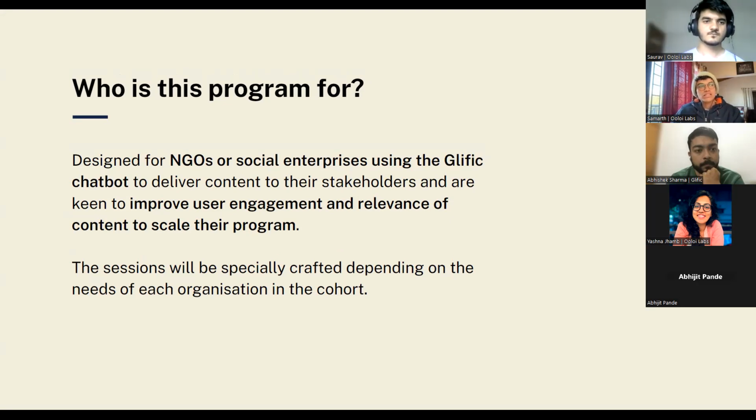For any of the organizations that are applying, we'd want to have a conversation with you to understand what you are aiming to do with the chatbot, what your objectives and aspirations are, based on which we'd like to craft the entire program to suit you as well as the rest of the cohort's needs, considering what we spoke about, that everyone should be working together to learn as a cohesive whole.